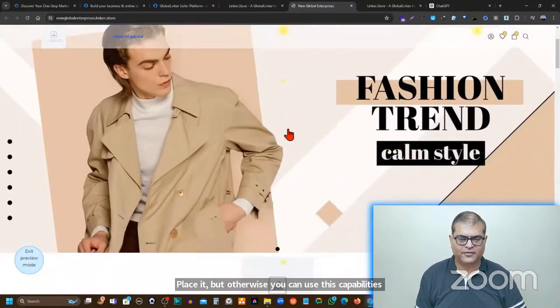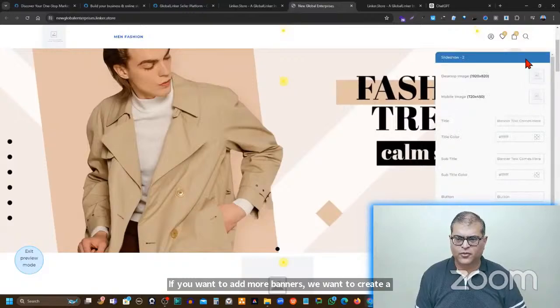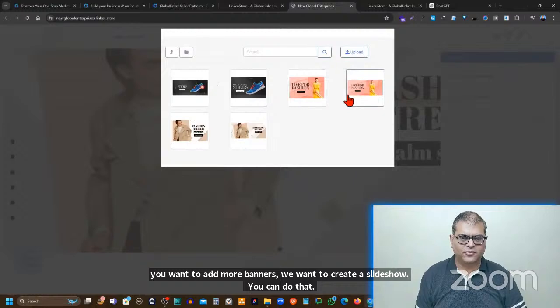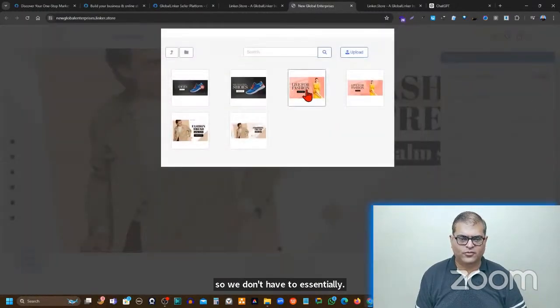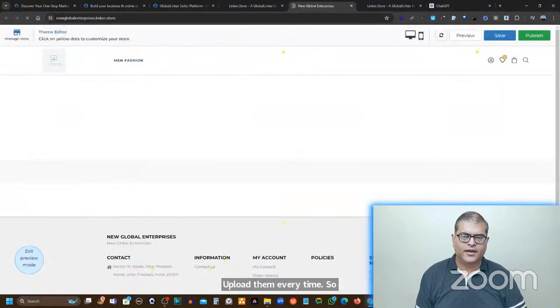So this is one banner that we have added. If you want to add more banners, you want to create a slideshow, you can do that, because we have already added the banners to the image manager. So we don't have to essentially upload them every time. So this is the second banner that we have added. So we can click on save and